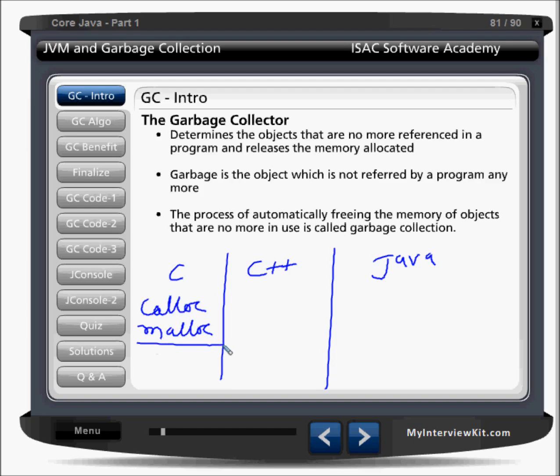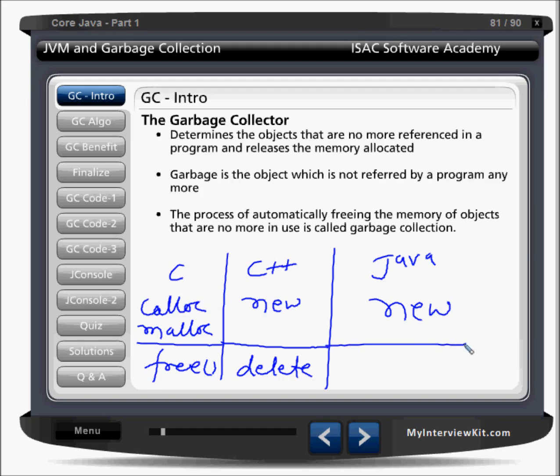How do you deallocate memory? Through free, right? But in C++, you are using the new operator, right? And you remove through the delete operator, right? But in Java, you allocate memory through new, but you need not worry to